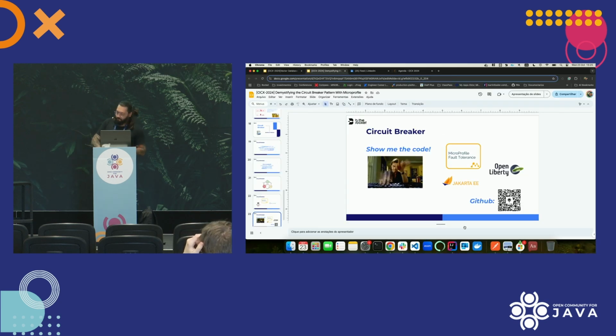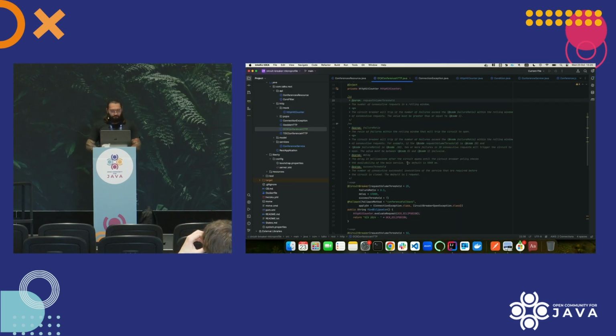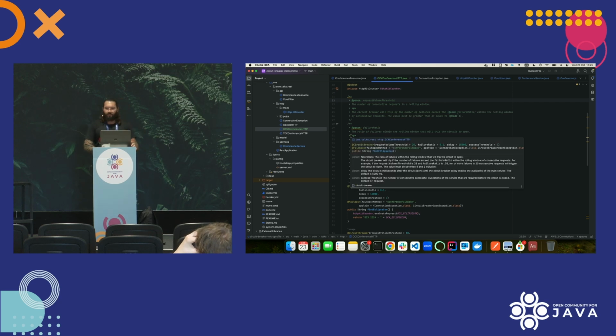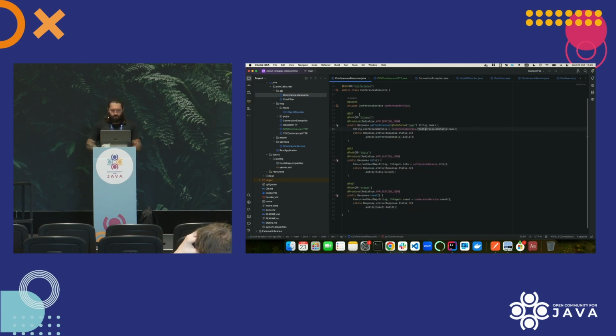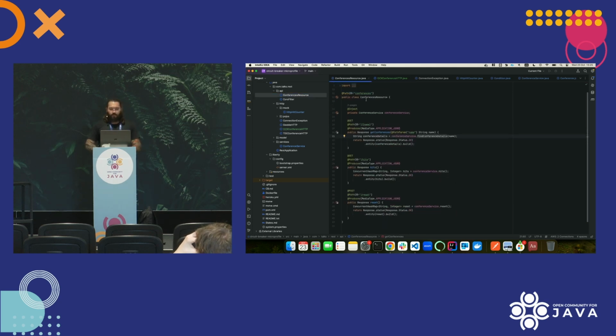Let's get here. It's a pretty simple application, so as you can see here, I have some endpoints in our application. I'm just exposing three main endpoints. One is the hits. It will show the hits that I have for each endpoint. The second one is the reset. It is a mechanism that I created to